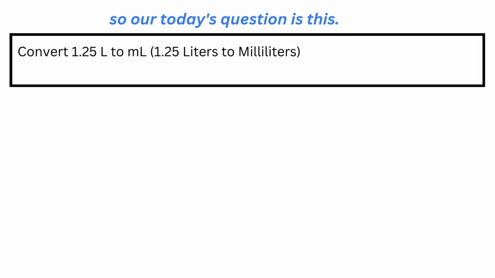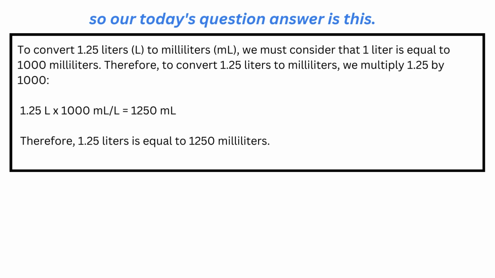Convert 1.25 L to mL, 1.25 liters to milliliters. The correct answer: to convert 1.25 liters to milliliters, we must consider that 1 liter is equal to 1000 milliliters. Therefore, to convert 1.25 liters to milliliters, we multiply 1.25 by 1000. 1.25 liters multiplied by 1000 milliliters per liter equals